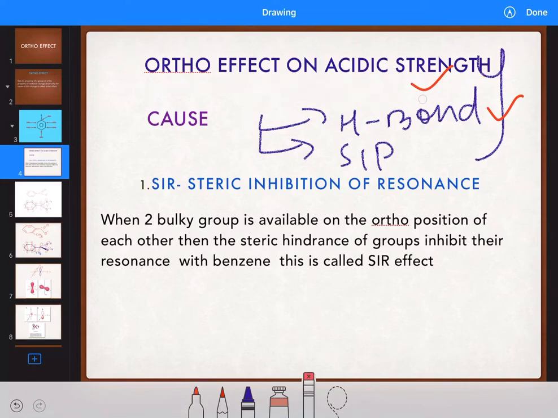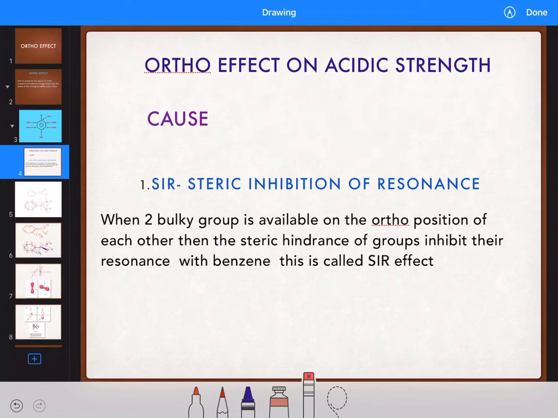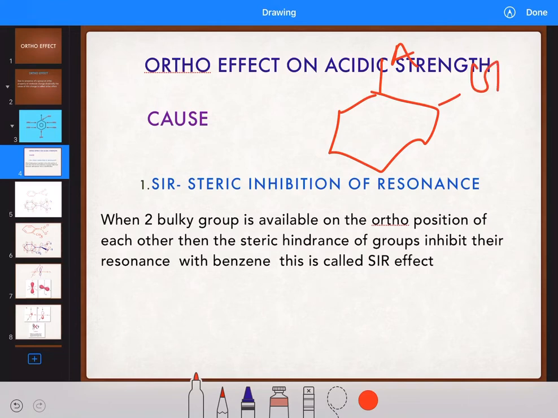Now come to the definition of SIR effect. See, when two bulky groups are available on ortho position of each other, meaning a group is here and a group is here, if both the groups are bulky, then the steric hindrance of the groups inhibits their resonance with benzene. Correct? If two bulky groups are available at ortho position, then the steric hindrance of the groups inhibits their resonance with